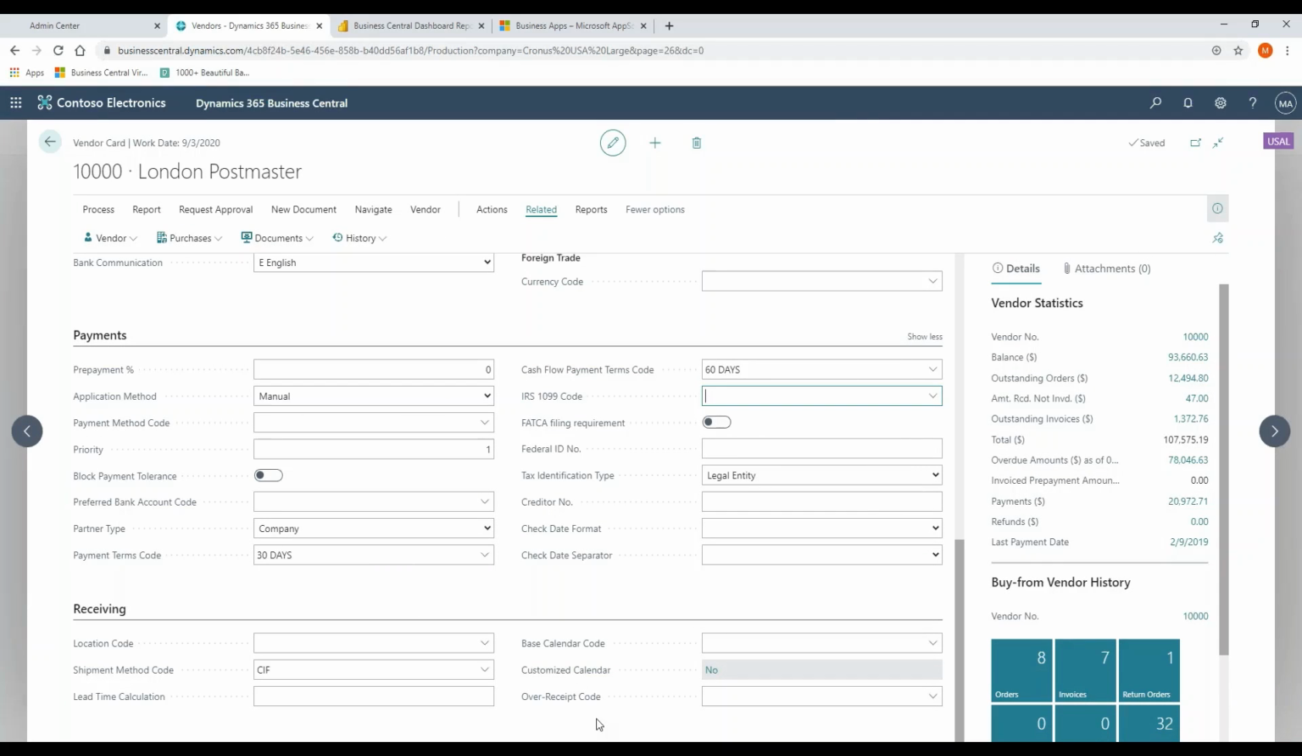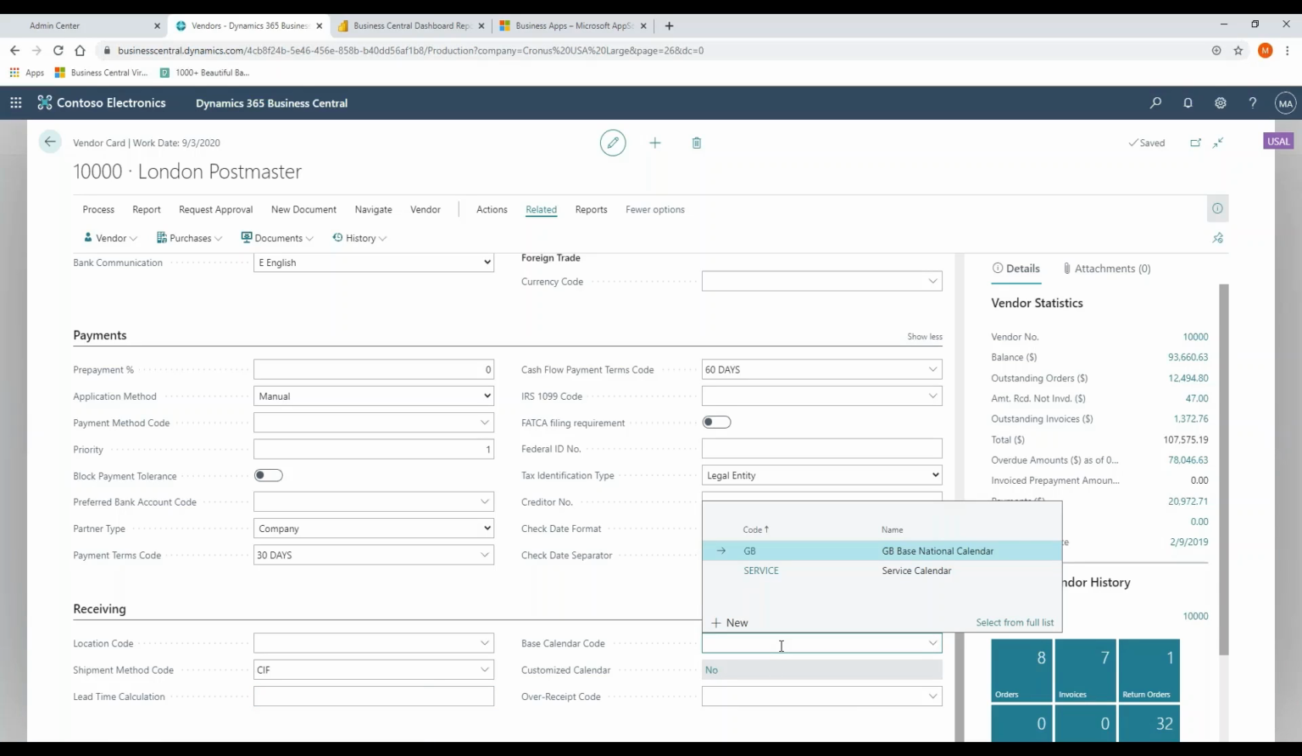Receiving, so very similar to what we saw on the customer side. I have the ability to do default locations, default shipping method, default lead time calculations for the vendor if I want to do that. I can set up different calendars if I want to. So this gets fairly sophisticated, but if I have a base calendar in my organization, calendars can be leveraged for planning, knowing that maybe a vendor has a different calendar than my base calendar. I can do it with customers. I can do it for production cycles. This is also where calendars are being